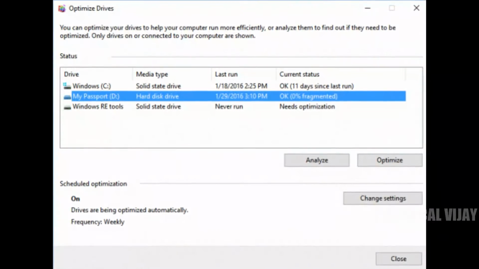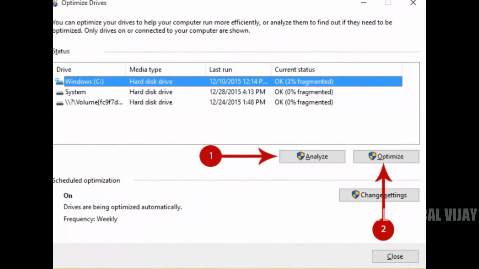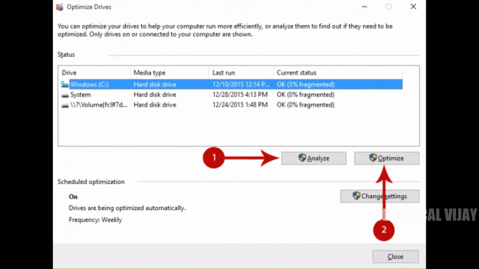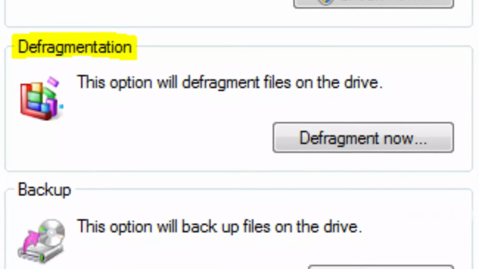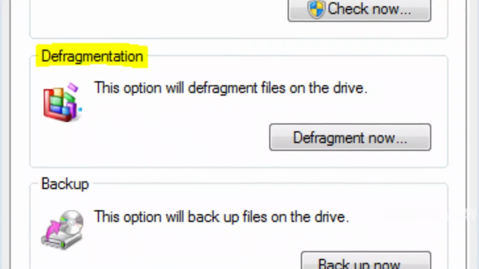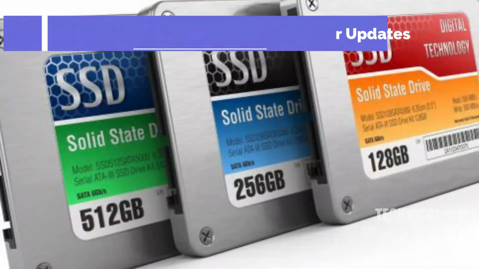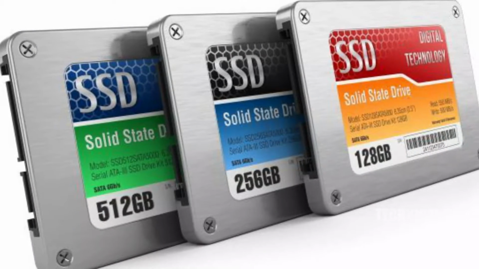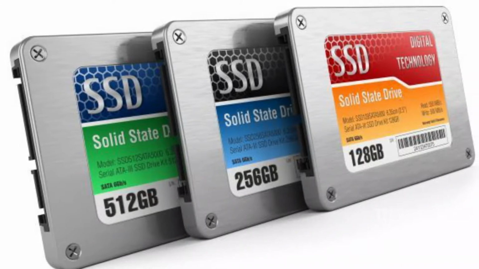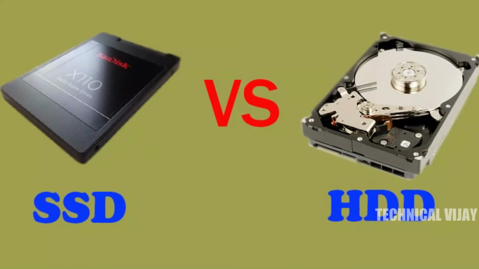Second method will be Optimize and Defragment in Windows 10. That is a built-in facility to check the health of the hard drive. Traditional SATA hard drives may have largely made way for much faster solid-state drives, but they are still very popular and remain an affordable way to store things like pictures, videos and other file types. SSDs work a little differently, and while they never need defragmentation, because fragmentation relates to where the data is physically stored on the drive, which is not the case with SSDs, SSD meaning solid state drive, they do sometimes need optimizing.